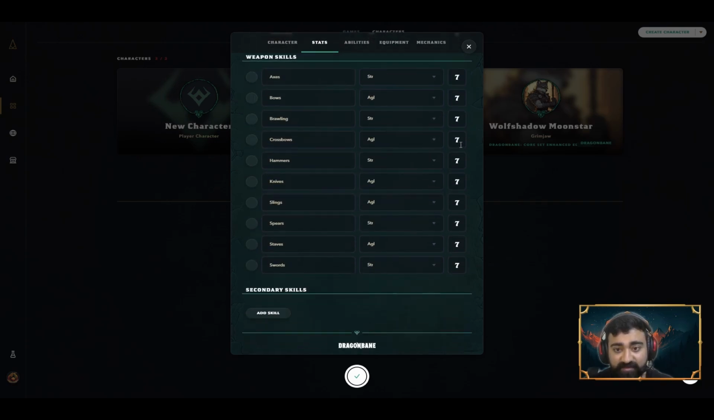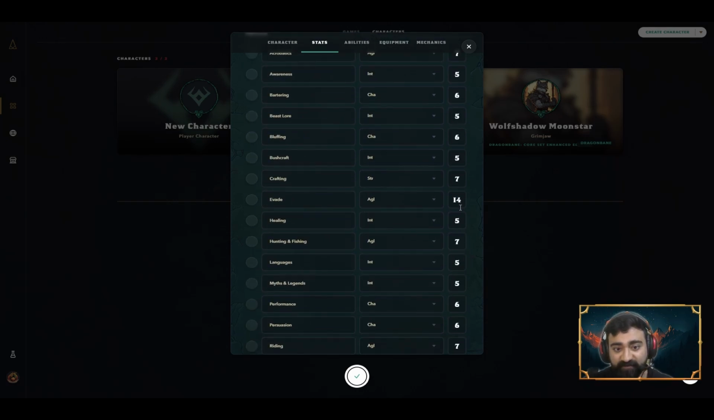So now sword is 14, axe is 14, crossbow 14, hammer 14. So 1, 2, 3, 4, 5,